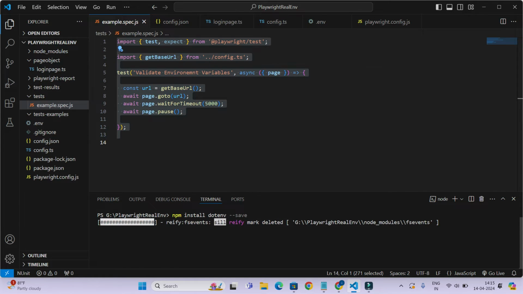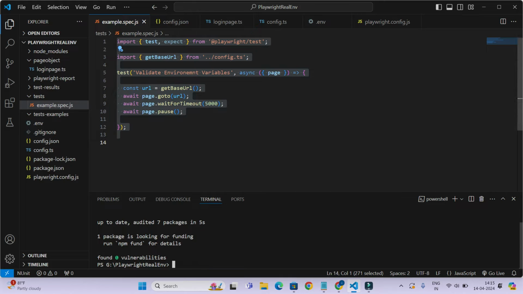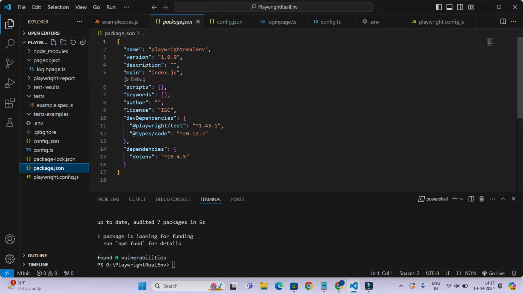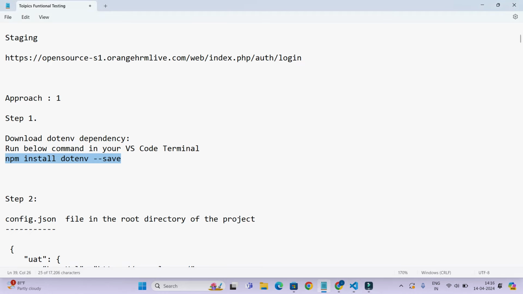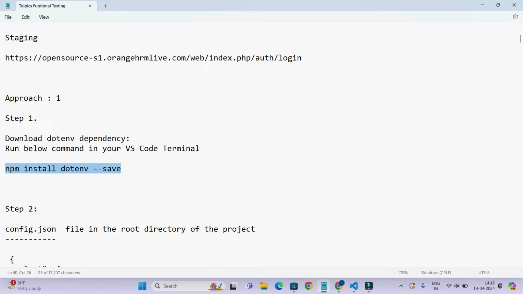I already did it, but still I want to show you. Whenever you do this, if you go to the package.json, there will be one dependency added here. After you run the command, you have to go and check whether this dependency is added or not. When it is added, then only you can work. Otherwise, you cannot work with the different environments. So the first step is installing the dotenv library in your